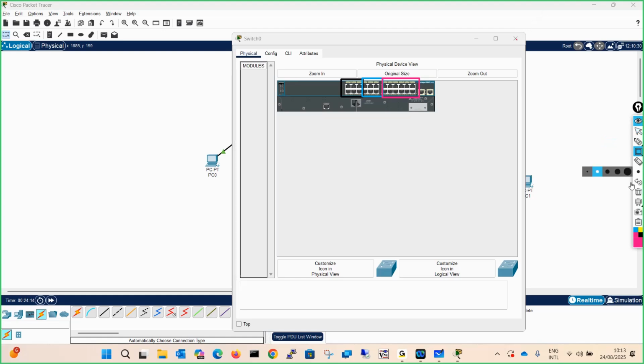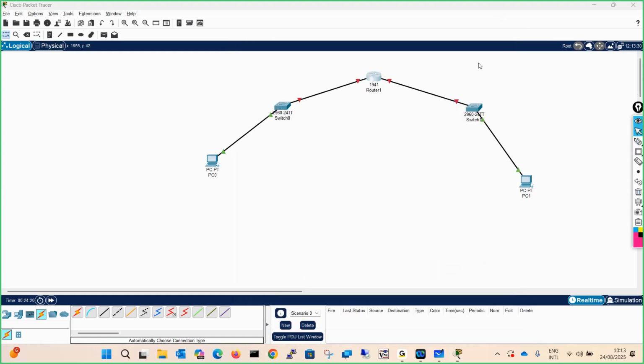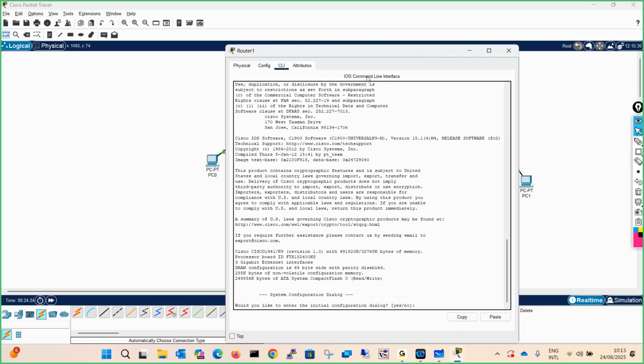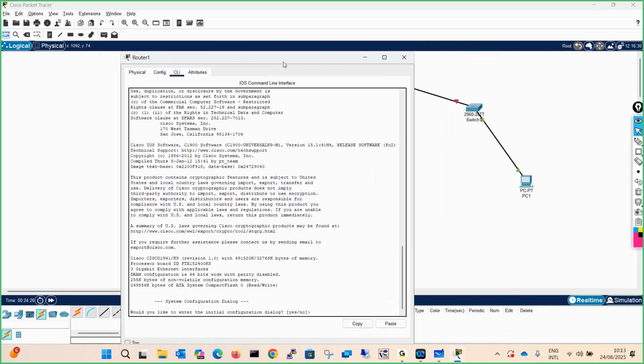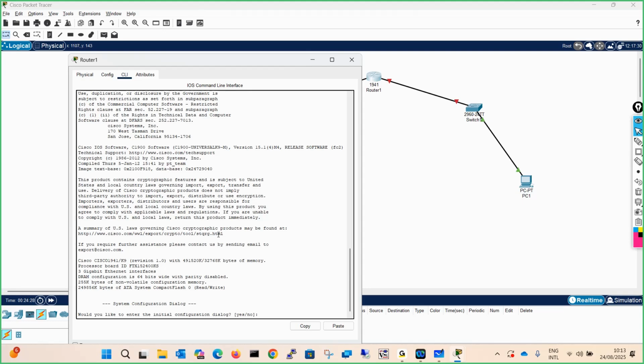Now, moving ahead with the discussion, close this. This router is not coming up, right? The router has booted up, but you can see that the ports are not coming up. The ports are still down. So always remember that by default the router ports are shut down. If you want to verify, you can just say no.